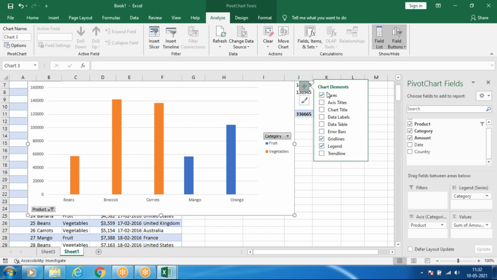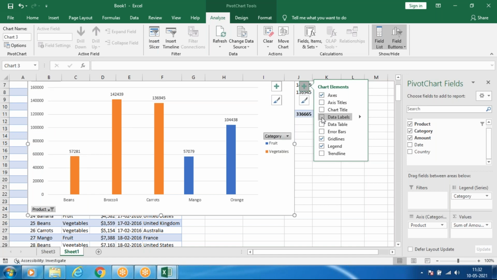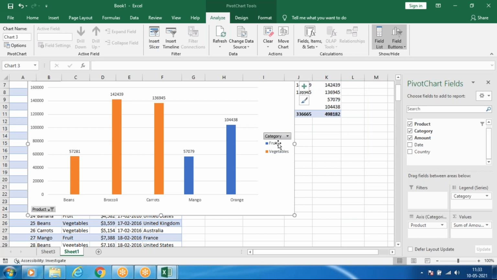And if you go to Chart Elements, you can see chart title. If you want, you can give some title for this. Chart labels, the values of each thing, you can enable or disable. That one is chart elements.